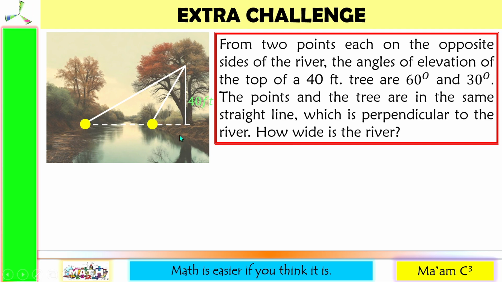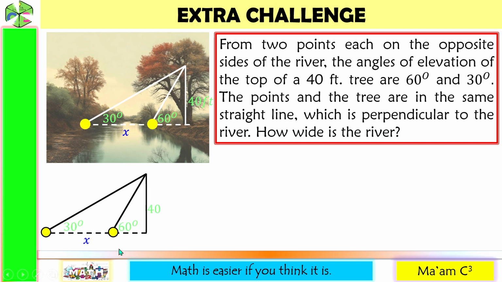Imaginary horizontal line. Let us now analyze which is 60 degrees and 30 degrees in these 2 angles. As you get closer to the tree, the angle becomes bigger. So meaning this angle is 30 degrees while this one is 60 degrees. We are asked to solve for the width of the river. So that is the length between these 2 points. Let us create our free body diagram. Let me just add the measure of this portion, which we do not know yet. So I'll label it with y.